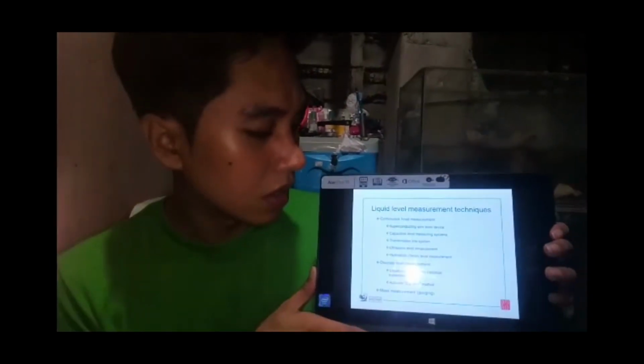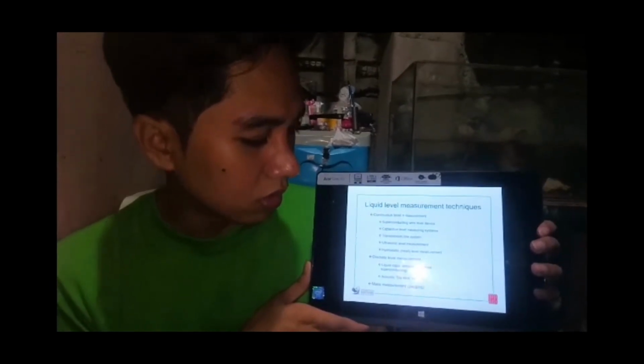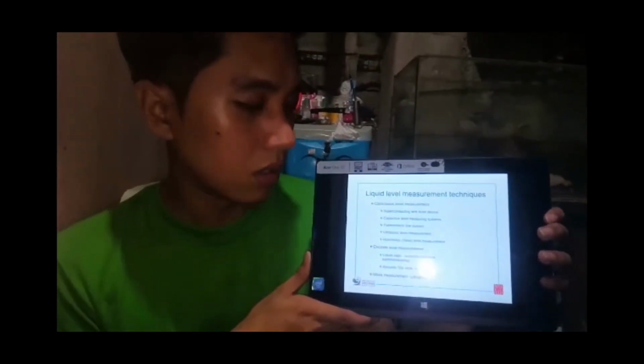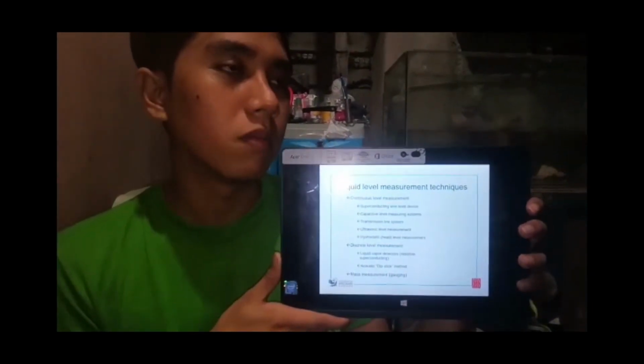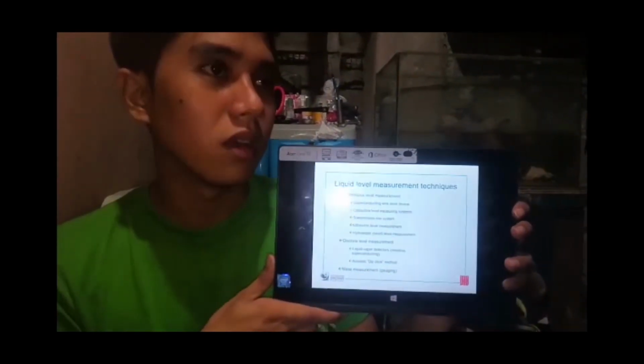Ang example naman ito is liquid vapor detectors. Next is acoustic dipstick method. And last one is mass measurement or gauging. Bali, ang mass measurement, syempre, measure natin yung mass flow rate natin. Yun. So, yung topic na ay di-discuss ay liquid level measurement techniques. So, yun napunta sa akin ay